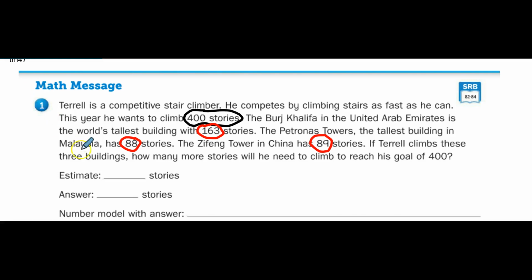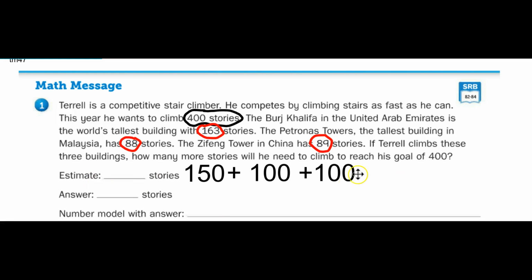So I see that the first thing I need to do is make an estimate. 163 stories. So that's about, I'm going to choose a close but easier number. I'm going to choose 150 stories for that. And 88 stories is close to 100. And 89 stories is close to 100. So my number model for my estimate, 150 plus 100 plus 100,